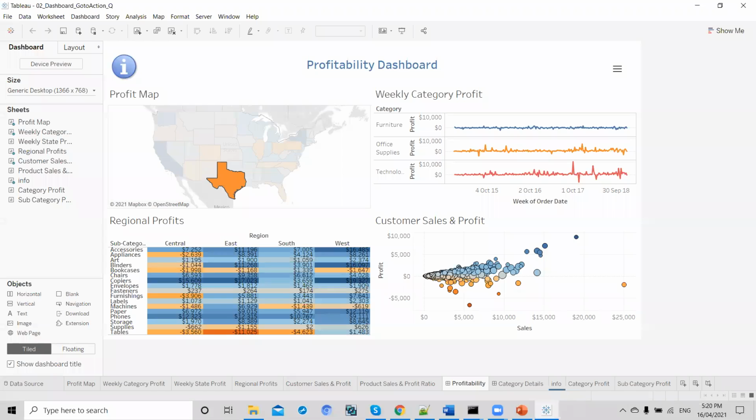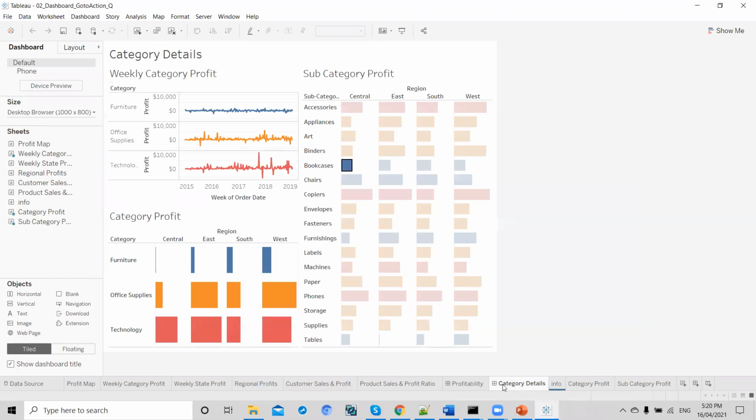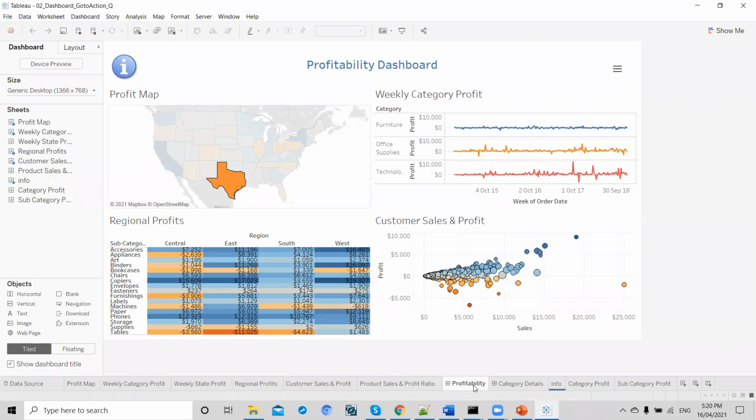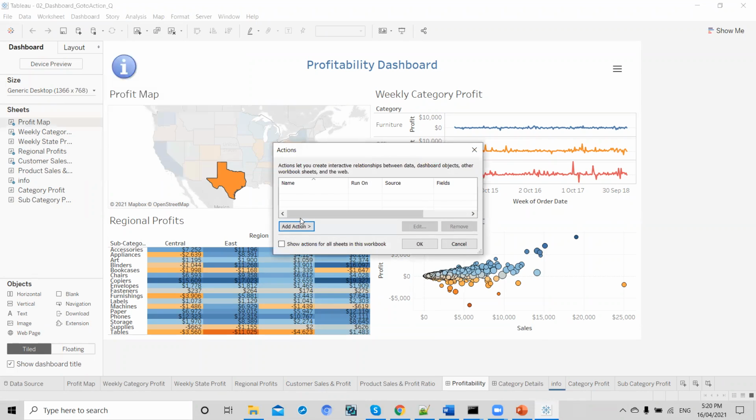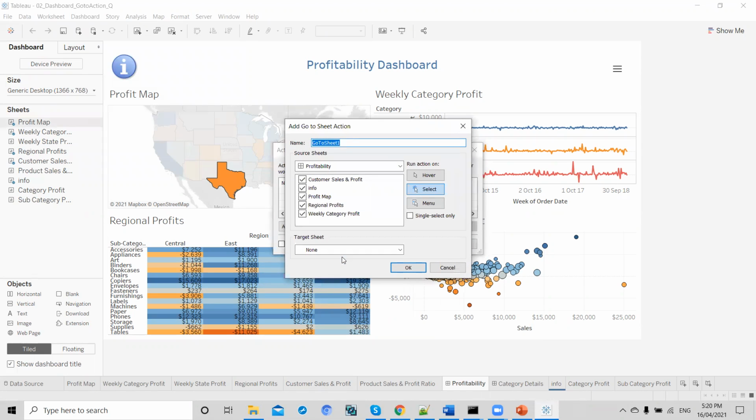So how we will do that is, let's say we have a profitability dashboard and a category details dashboard. We have two dashboards here. To link these two dashboards, we go to Dashboard, Actions, and then